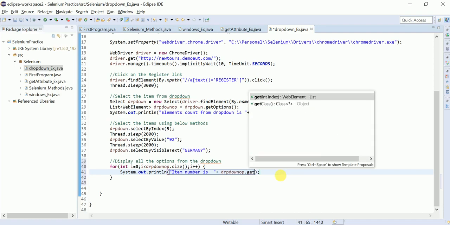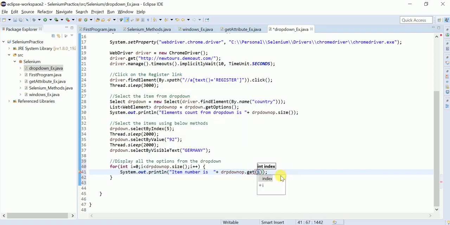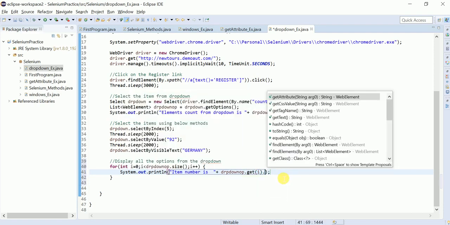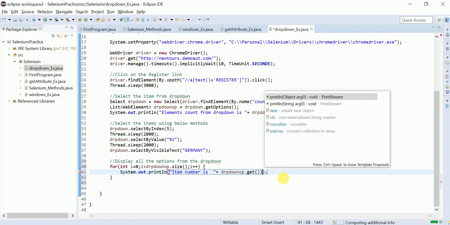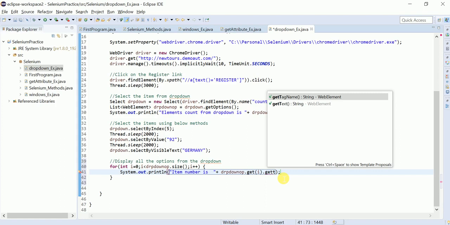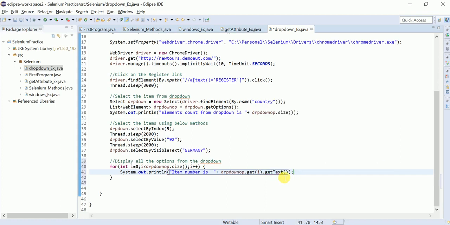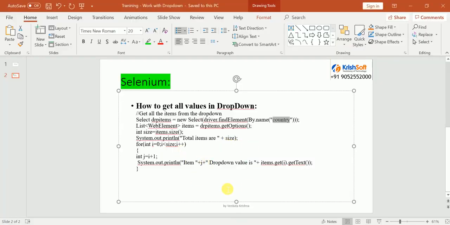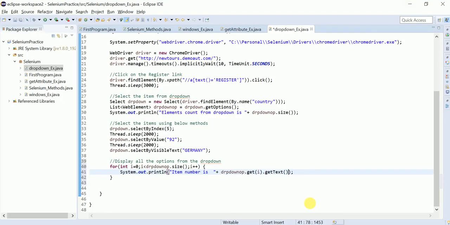Dot get of i dot get text. I think getText we can use. getText is the method we are using. You can see I did the same thing. So items dot get of i dot get text, I am using here.